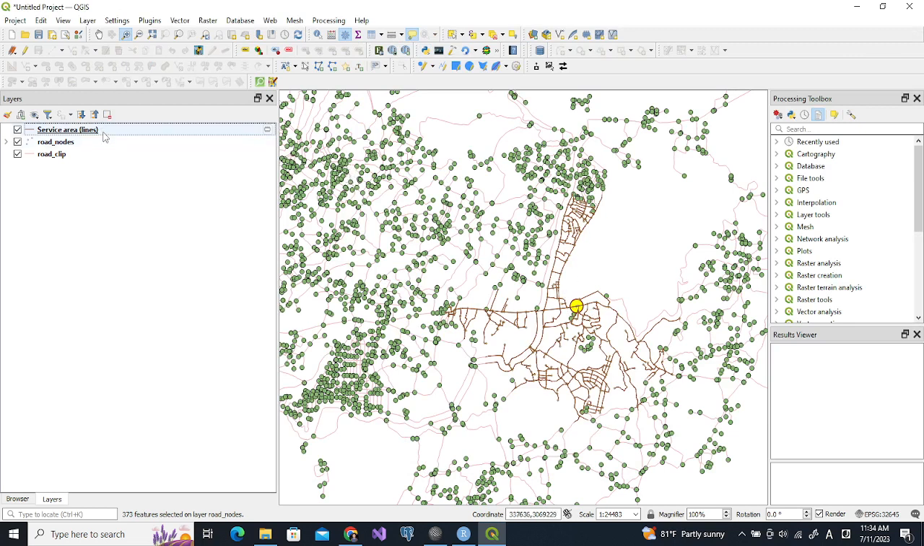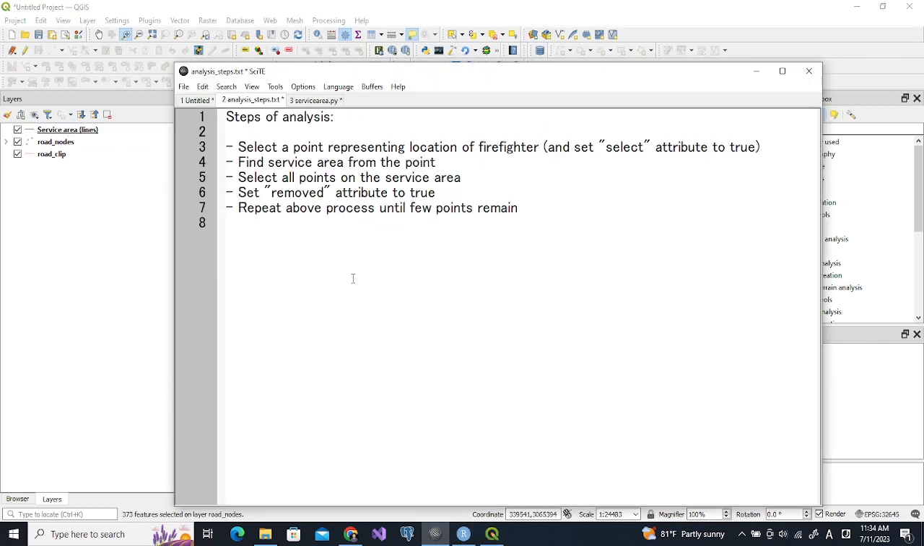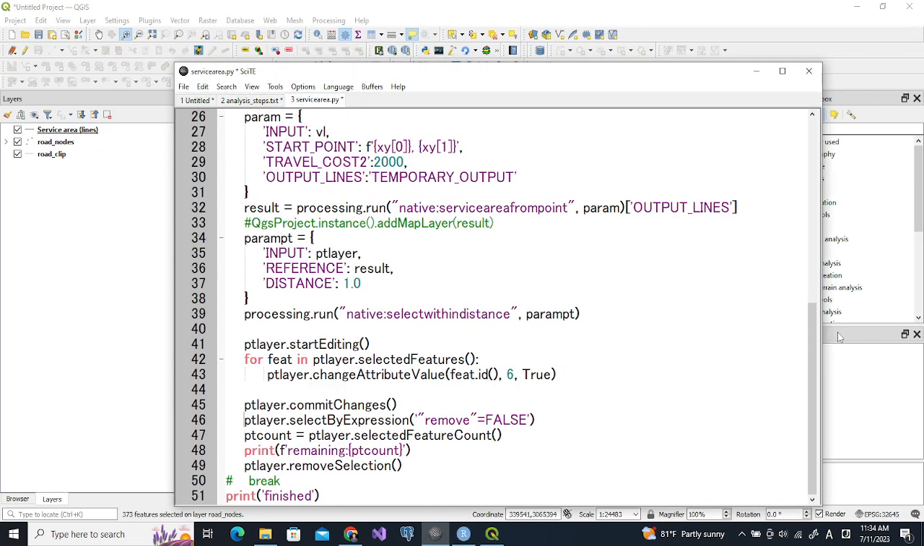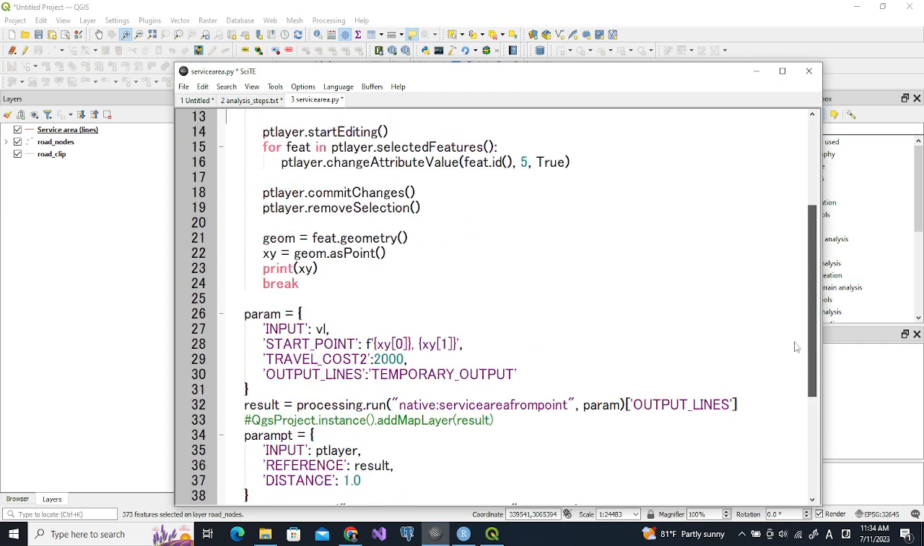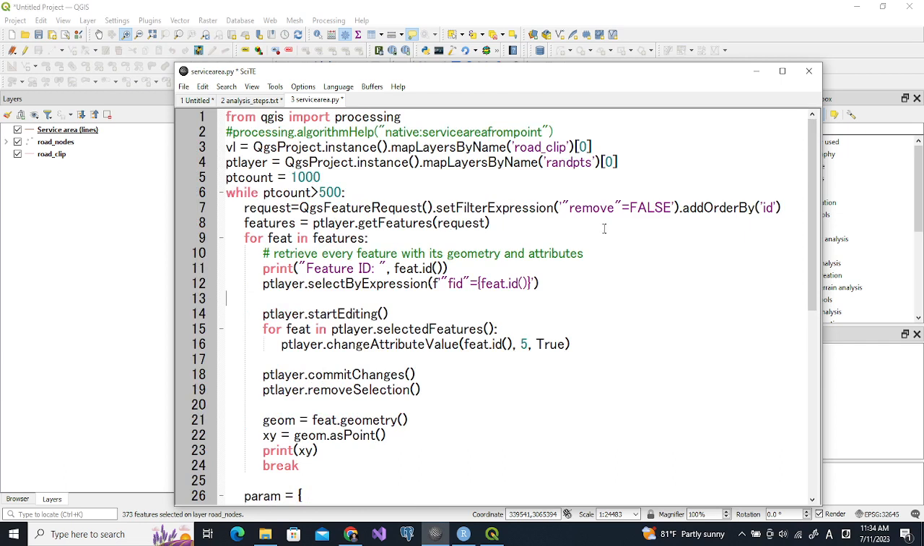To repeat the whole process multiple times, we need to use this loop. So until the point count is less than 500, which means the removed points is less than 500, we repeat all this process and we select the IDs one by one. So we keep it FID, and then we need to copy this code. So I will keep this code which can be downloaded